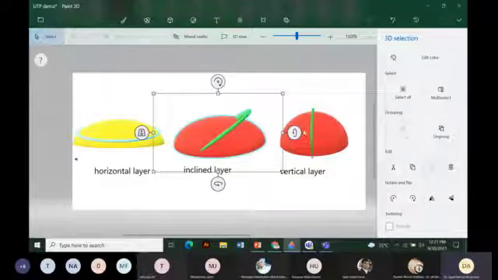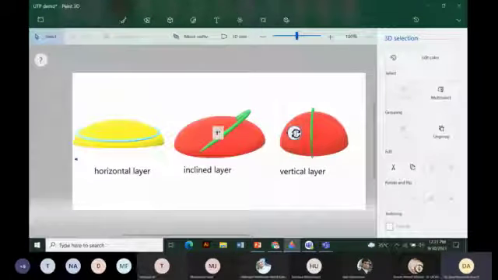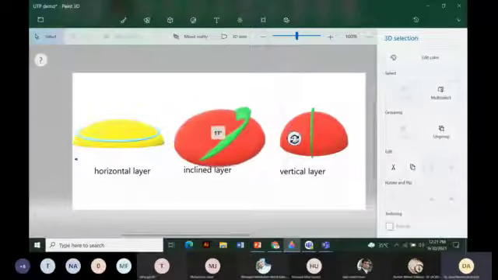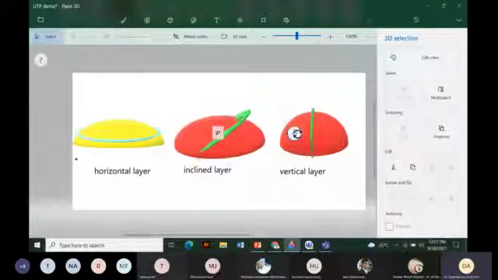Here's an example of an inclined layer, and you can see that, maybe because of its plunge or maybe because of its dip, how it looks like in the third dimension as well, and how it looks like in the 2D.